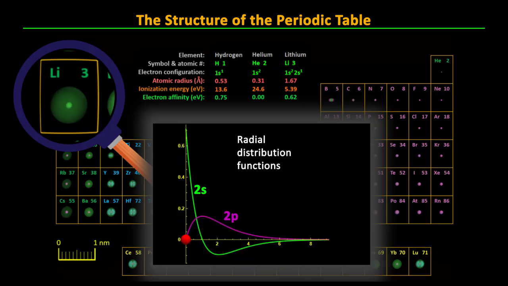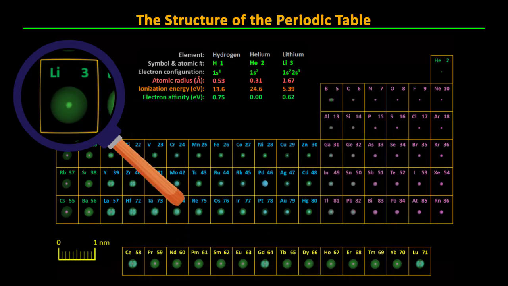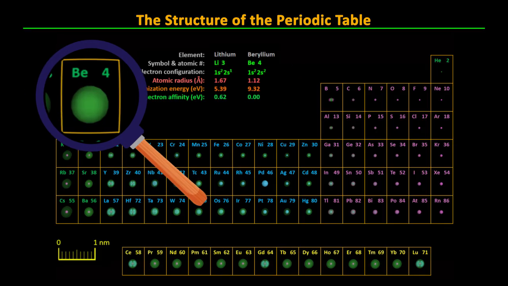Since the p orbital electrons are farther away on average, they see more cancellation of the nuclear charge by the 1s electrons, whereas the 2s electrons feel the pull of the nucleus more strongly. For this reason, 2s orbitals will have a lower energy and get filled by electrons before the 2p orbitals do. Lithium and beryllium will have 1 and 2 2s electrons respectively.